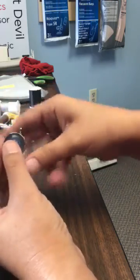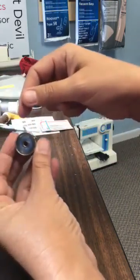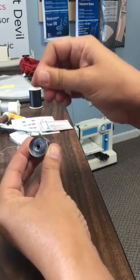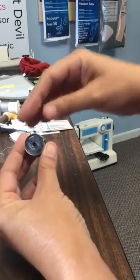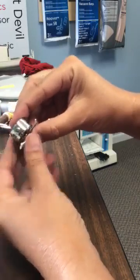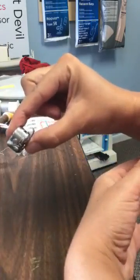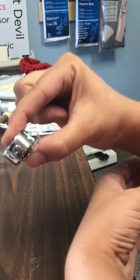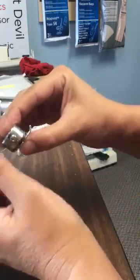So what I wanted to show you is this one here. It's real tight, it doesn't want to pull out of there, and so on your bobbin case you'll see there is a little screw, righty tighty lefty loosey. So what you want to do is